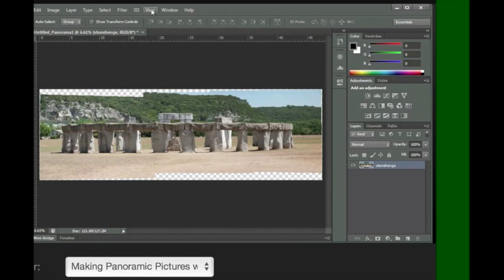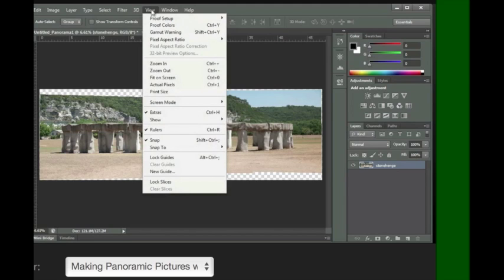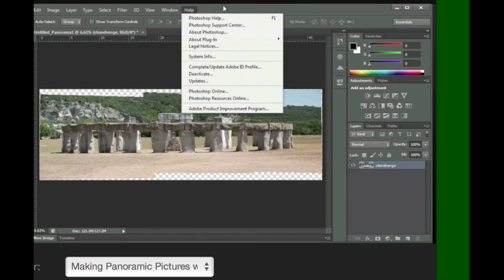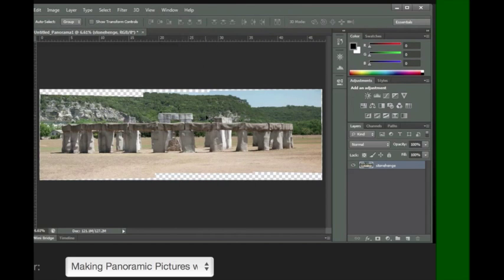To get your ruler, you can click on the View menu and choose Rulers. The check mark tells us it's active, or press Control R. That's Command R on the Mac. And you can see this is a huge image. It's 46 inches by 15 inches approximately. And this is obviously going to be too big to work with, but we'll worry about the size later. Right now what we want to do is